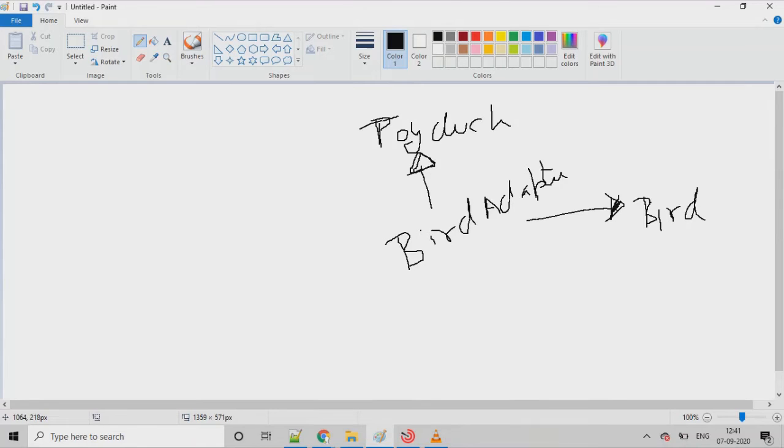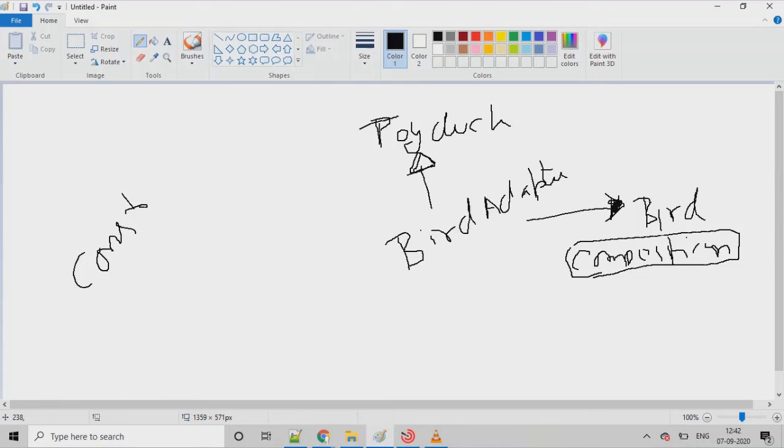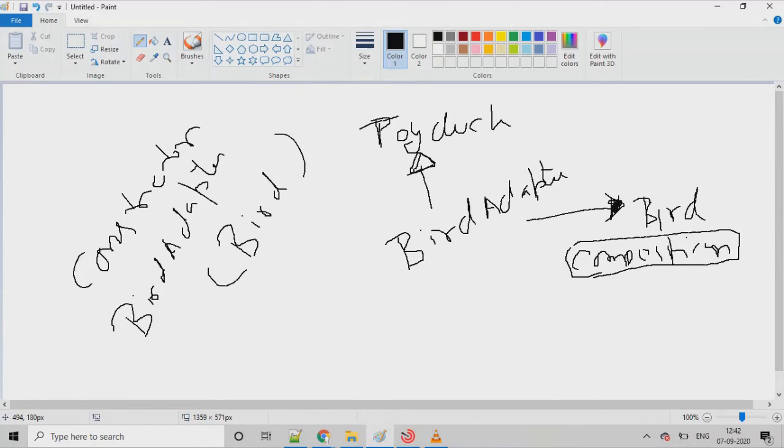So in the bird adapter, the client is calling this squeak method, but inside the squeak method, we are calling this fly or make sound method, right? So in the adapter, we are calling the squeak method, but behind the scenes, what is happening? If you see here in the adapter class of the squeak method, it is calling the bird dot make sound, right? This adapter is calling this make sound method.